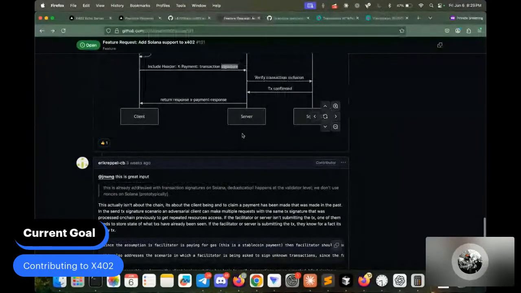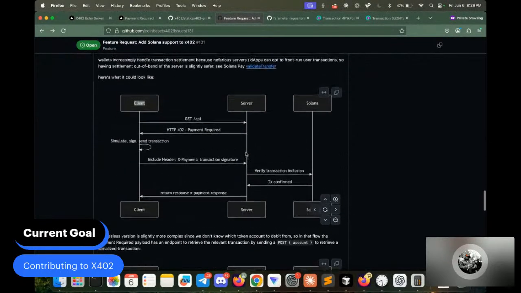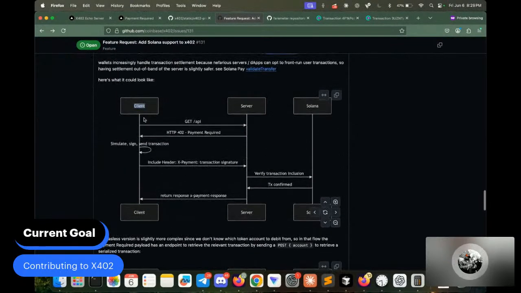Let's say the facilitator or server is going to propose the payment, and then the client simulates, signs, sends the transaction, broadcasts the transaction, right? So if the client broadcasts the transaction themselves and then they send the transaction signature to the server to verify,